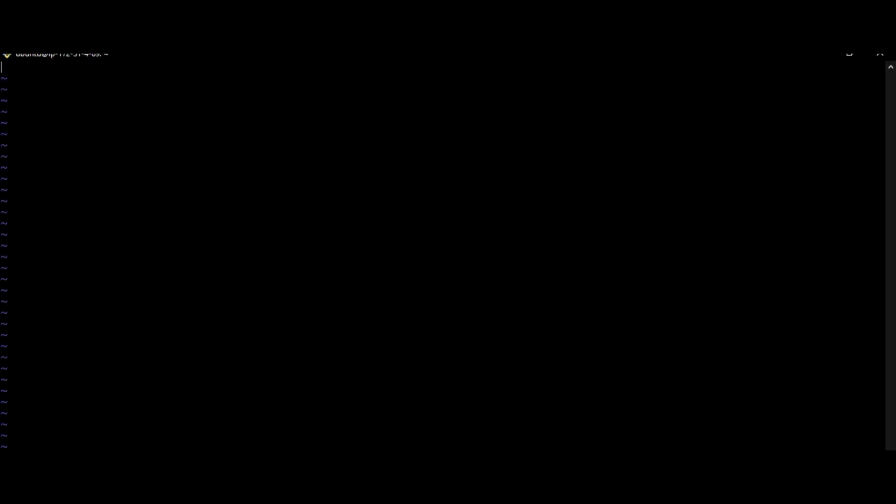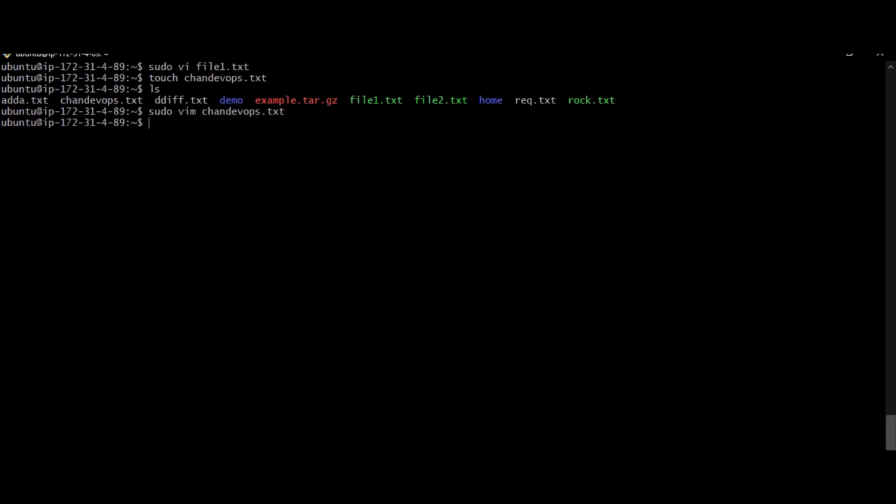If you want to enter some data in this file, at that time we need to shift into the insert mode in this editor. By using the I button I am entering into the insert mode, and now I can edit anything in this file. To save this file, press escape, then shift semicolon with the W key, enter. By using this we can save this file, and if you want to see the content of this file, by using the cat command we can see the content of the file.